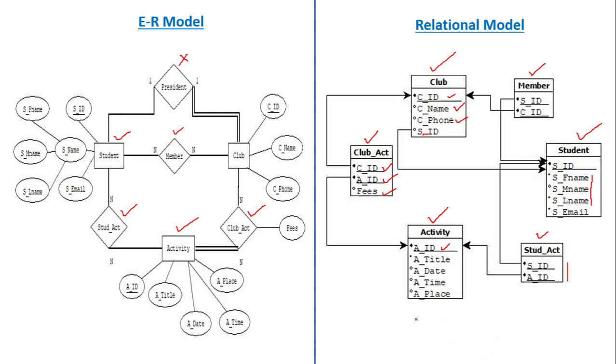I hope you have understood how to come up with the relational model from the ER model. Please note, if our ER model is correct, then by application of the appropriate rules we come up with the relational model. And once the relational model is correct, it is possible to implement it in one of the relational database management systems. So this is the solution for the problem. Thank you.